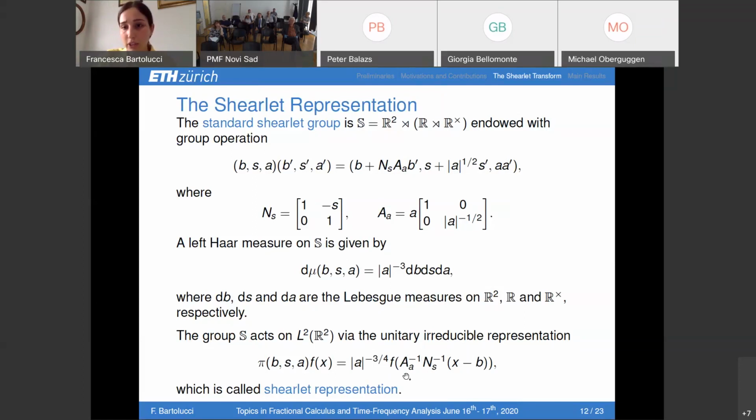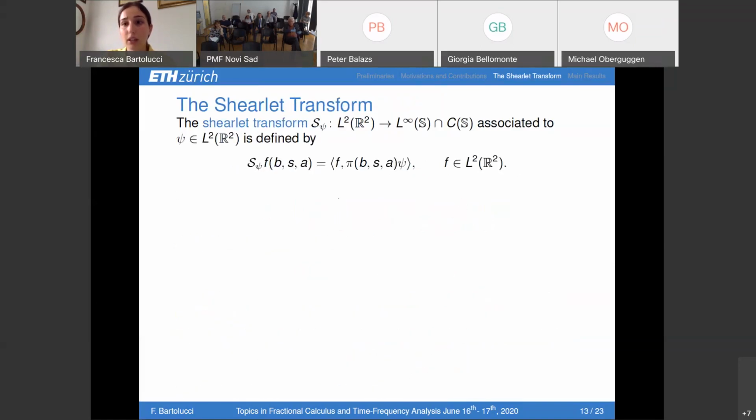So we have the Shearlet group, we have the Shearlet representation. We can define the Shearlet transform, which is the voice transform associated to the Shearlet group. So following the definition in the first slide, we can define the Shearlet transform as follows. It is an operator from L2(R^2) into the functions continuous and bounded on the Shearlet group. And the Shearlet transform of a function f in L2 is a function on the group whose value